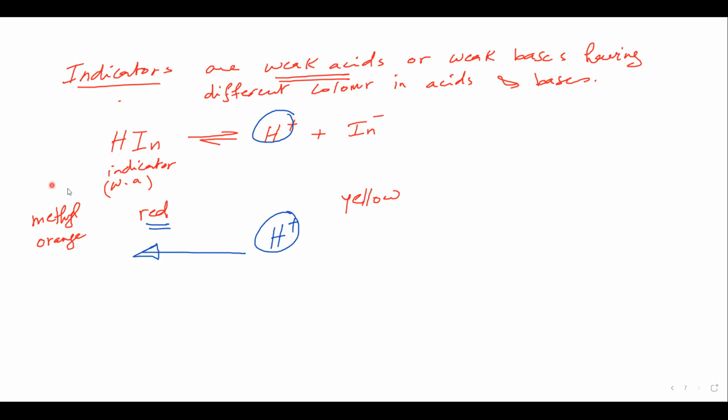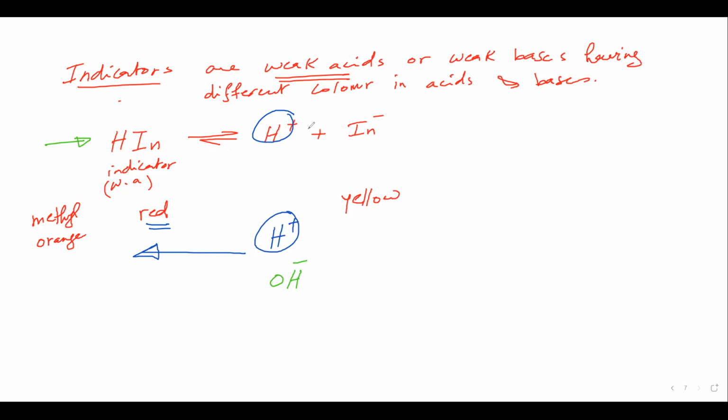If we place it in an alkaline medium, what will happen? This is the indicator's equation. It's present at equilibrium. So if we place it in an alkaline medium, yes, excellent, it will turn yellow, as Zulfa said, because